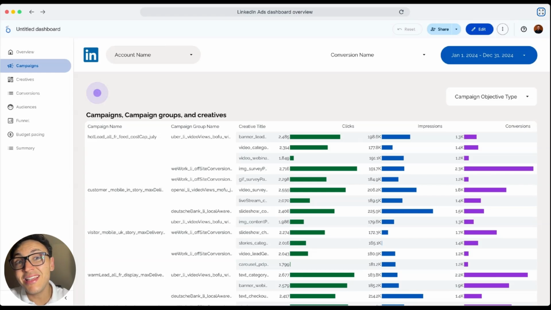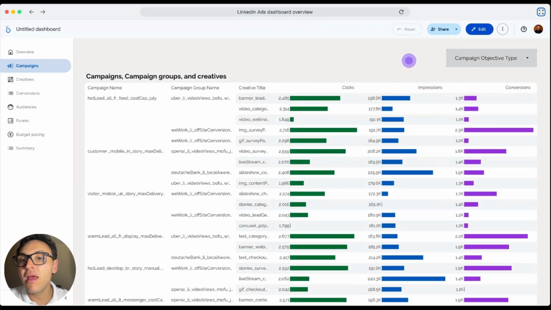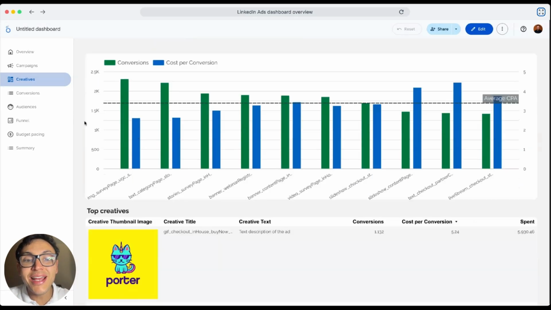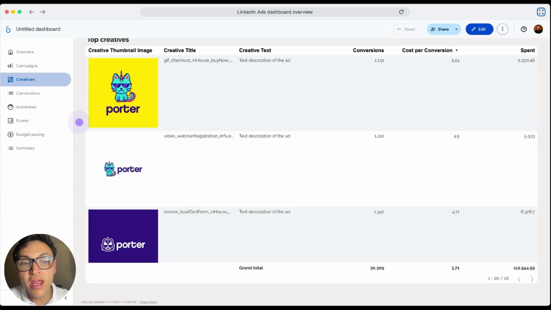And also we can take this table where you can see all your performance in a single view, and we can even break down by the objective type of these campaigns. This LinkedIn Ads creative report is more tactical because we can take any metric like ad spend, conversion, cost per conversion, CTR, and so on, and we can segment it at creative level,